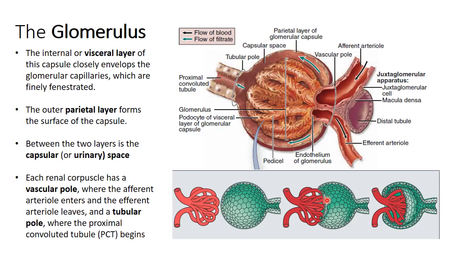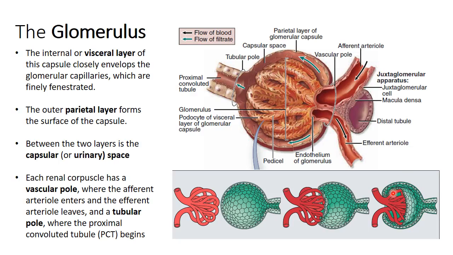This will cause some of the cells to closely coat the capillaries, and these cells are called podocytes, or the visceral layer of the capsule. However, this layer is also continuous with the cells lining the Bowman's capsule, or the parietal